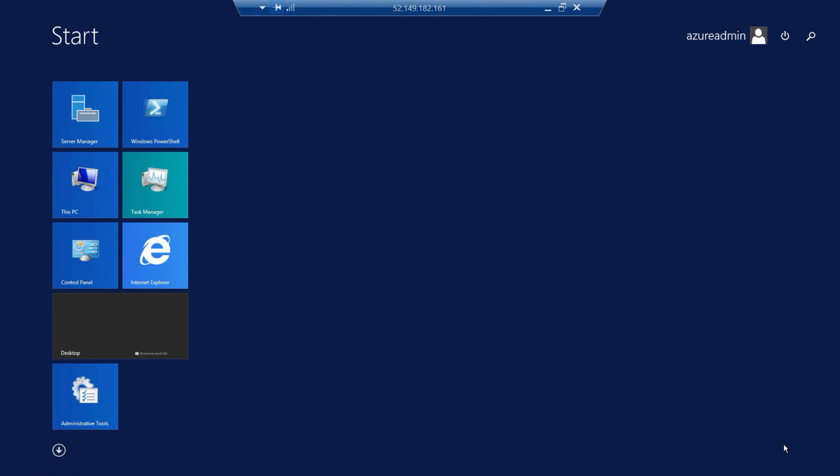So thus we have seen how do we connect to a virtual machine over public internet using public IP.